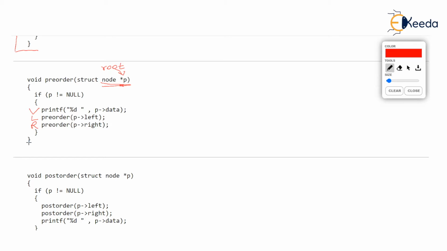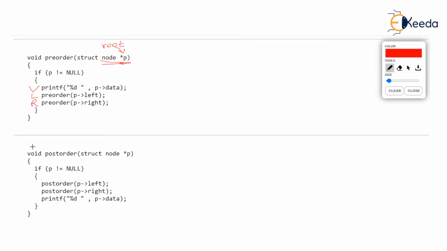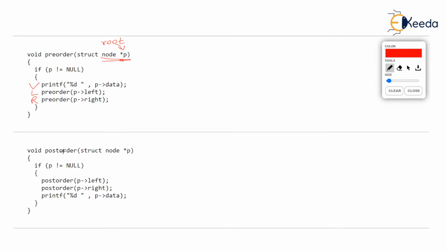So now it is a waste of time to tell you how post order is written, isn't it? You can see the same parameter P which copies root. If P is not null, we will execute everything, and the rule for post order, remember, is LRV. So L is move left or visit left by calling post order, the same function within itself, with the left branch, call the same function post order with the right branch, and then print the data, that is print the vertex.